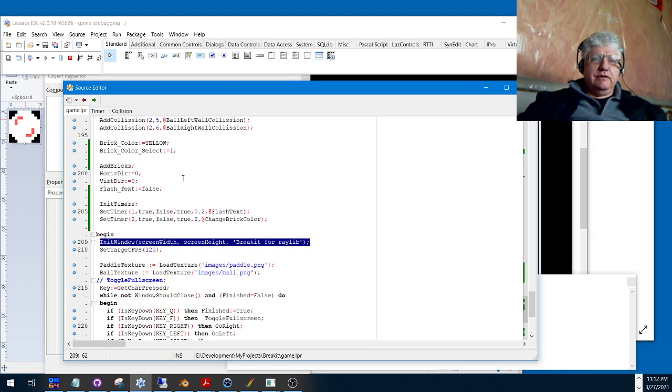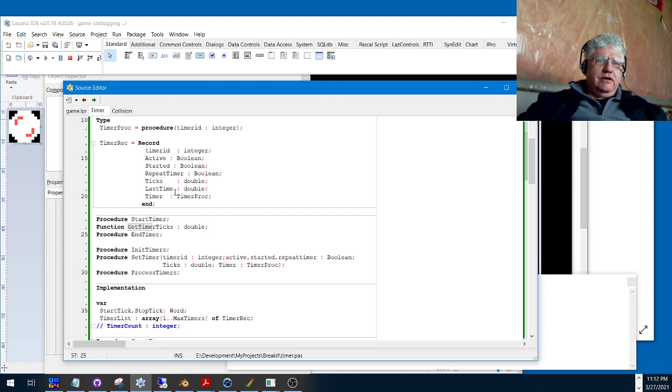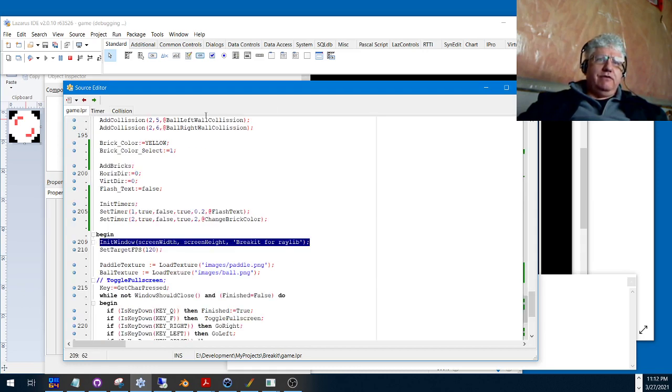How many milliseconds, microseconds? I'm not quite sure at this point, but once that opens up, it tells you the time from that point on. And I'm using it basically to create a little event unit where I specify the time and what procedure to execute, and it does that. And we could get effects,